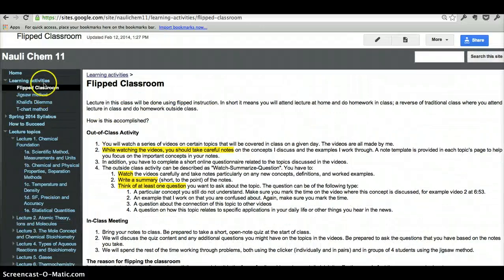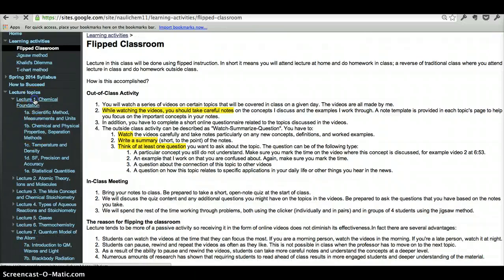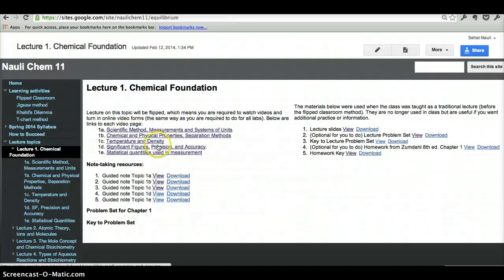Now, as far as the notes are concerned, I know that sometimes it's hard for students to take notes because they don't really know which components are important to write down, which components are not. So for each of the video topics, like topic 1A for example, I've provided a template for you to take notes on. This is just a Word file that you can download, and it will basically ask you what did I say in certain videos,